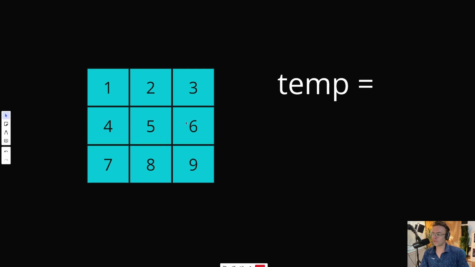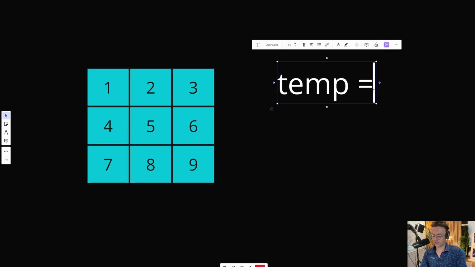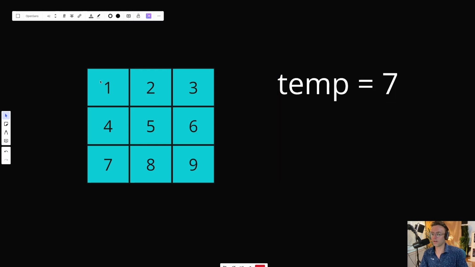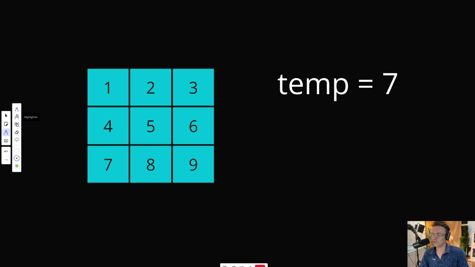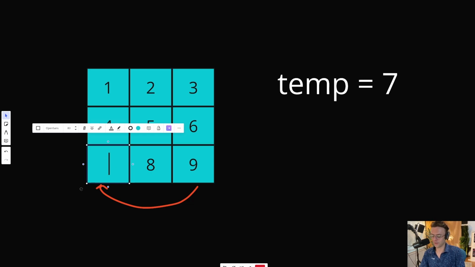But before we start doing these swaps, we're going to have to store one of our elements in a temporary variable. The reason that we have to store one of the elements in a temporary variable is because when we do the last swap, it's going to overwrite the original. Now, if it doesn't make sense, it'll make more sense here in a second. Let's just go ahead and start doing our swaps. So we've already got our 7 stored. We're going to take our 9 and swap it with our 7. We're going to swap the bottom right element with the bottom left element,